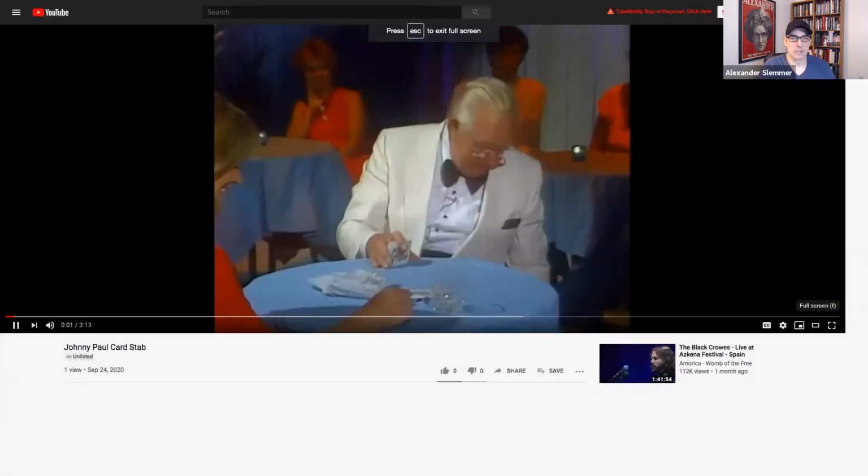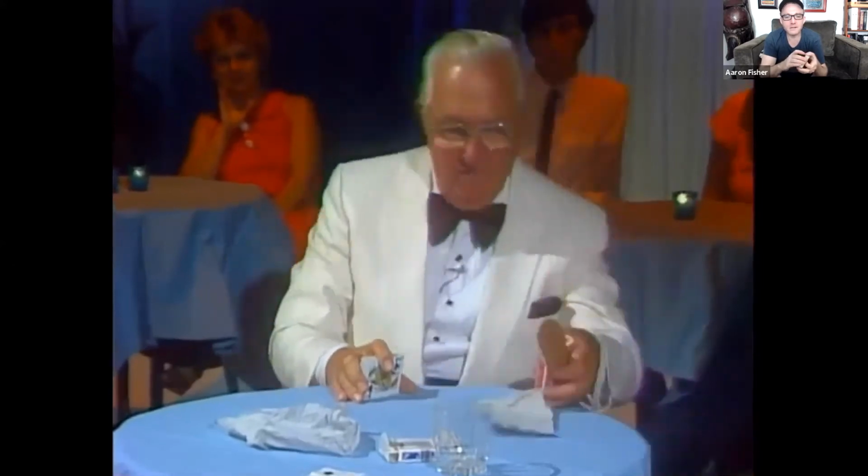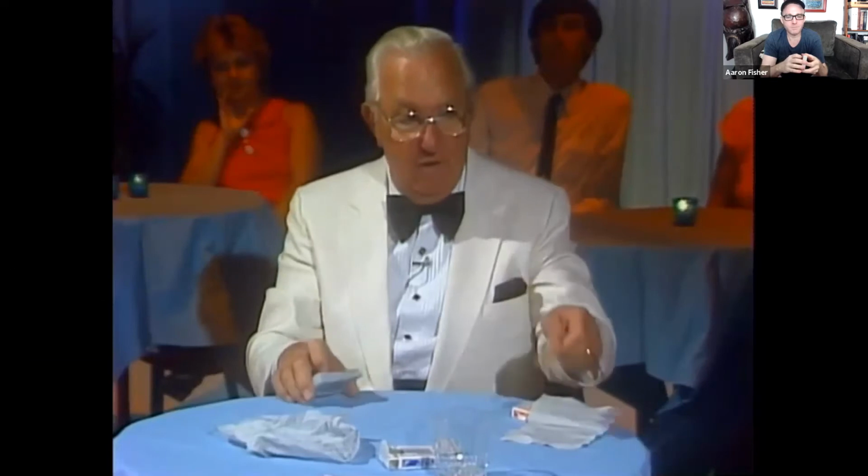Okay, I have another deck of cards here. Load up. I'm going to use this little, I call this my letter opener trick. My letter opener trick. Well, the heck with it. Oh, it's right here. See,